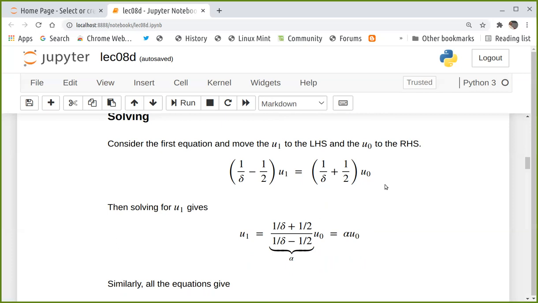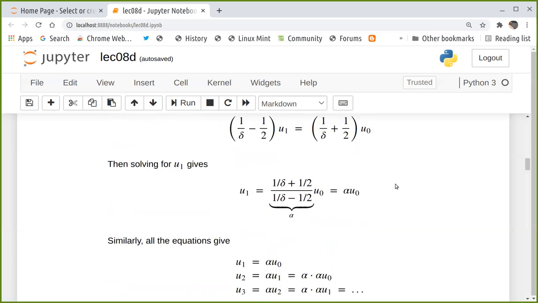And then I solve for U1, okay? So I get some coefficient times U0. And let me call that coefficient alpha, okay? So that I get U1 is equal to alpha times U0, where alpha is 1 over delta plus a half and 1 over delta minus a half, okay? So that means